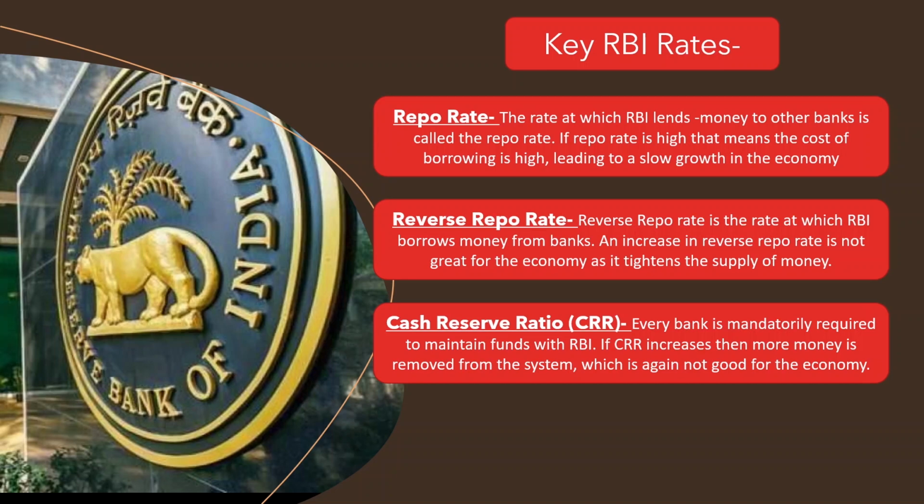The RBI meets every quarter to review the rates. This is a key event that the market watches out for. The first ones to react to the rate decisions would be interest rate sensitive stocks across various sectors, such as banks, automobile, housing finance, real estate, metals, etc.